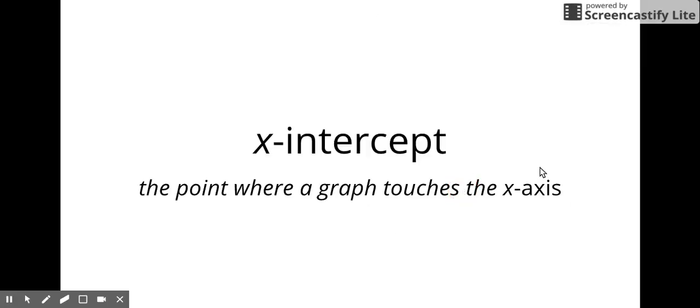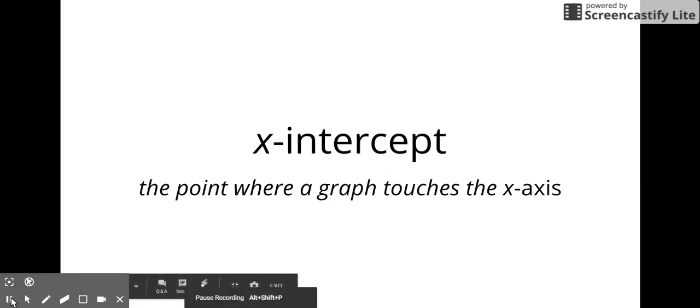So just remember, when you're looking for x-intercepts of any graph, you're just looking for where the graph crosses the x-axis. And they'll be written as coordinates where you have a value for x and y will always be